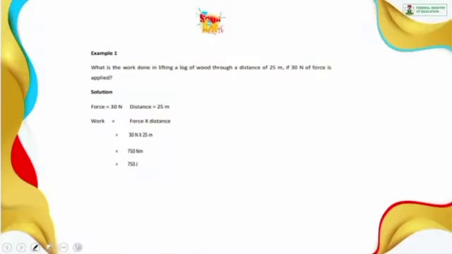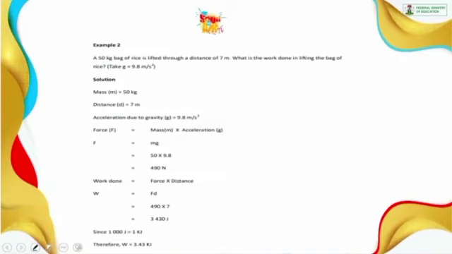Now, let's look at the second one. A 50 kg bag of rice is lifted through a distance of 7 meters. What is the work done in lifting that bag of rice if the gravity, that is g, is 9.8 meters per second? Now you know that